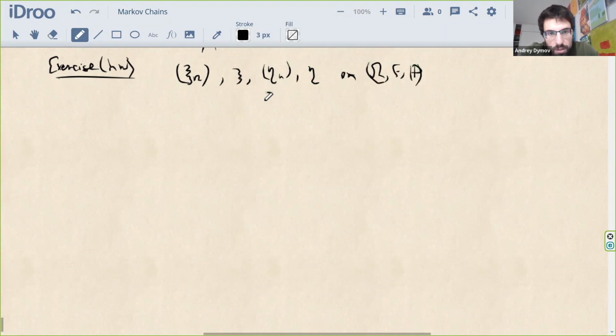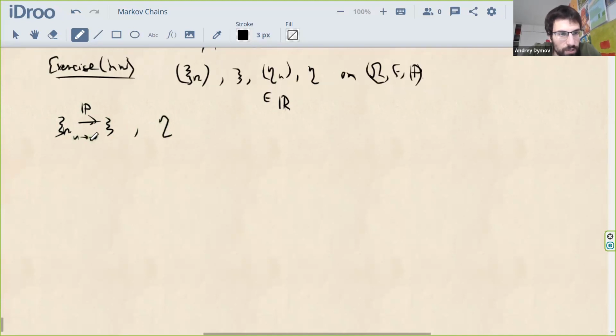They are all real valued. And moreover, let us assume that xi n converges in probability to xi when n goes to infinity, eta n converges in probability to eta when n goes to infinity, and then